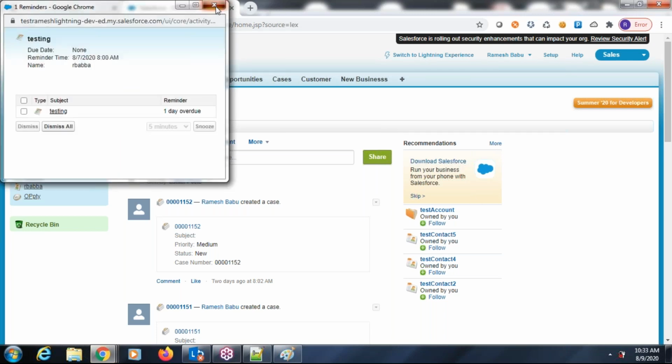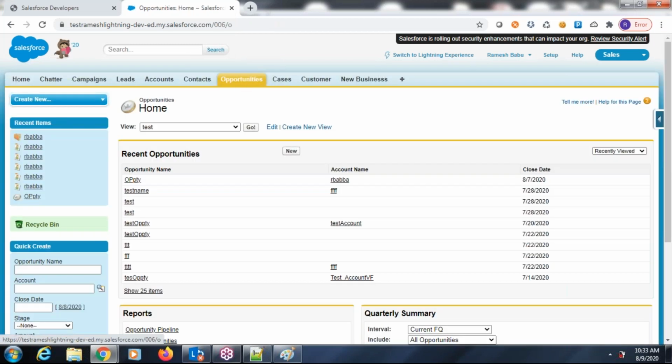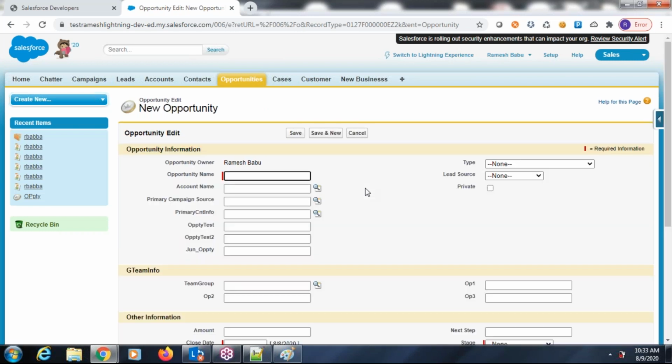In the classic version, assume that I'm working with this opportunity. What this opportunity is, we will discuss going forward. Go here, click on this new button. See here, this is my classic screen. Initially Salesforce started 12 years back with the classic version. Slowly users increased, then they migrated into the lightning version, which means they made changes to the user interface.